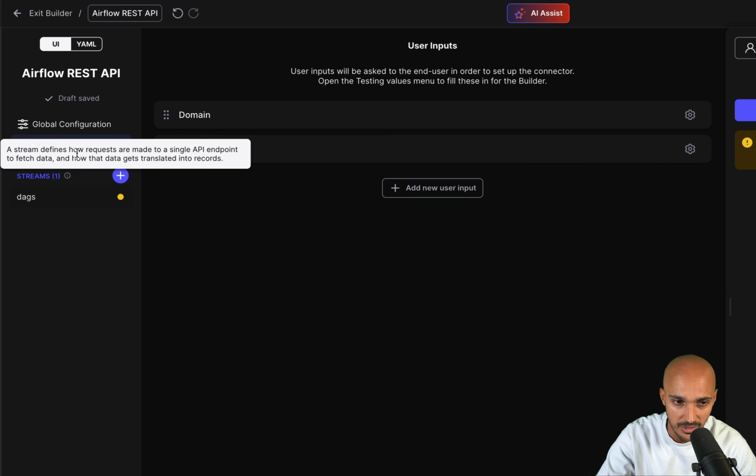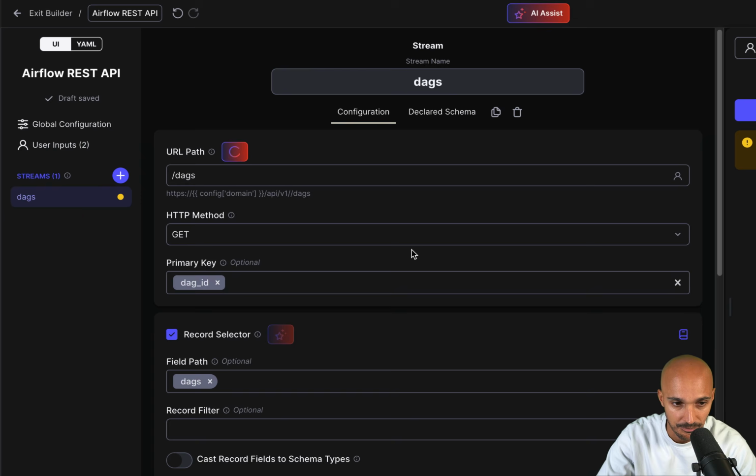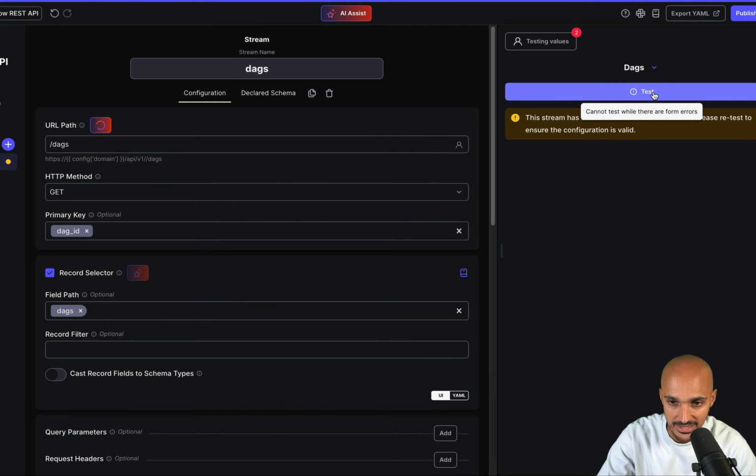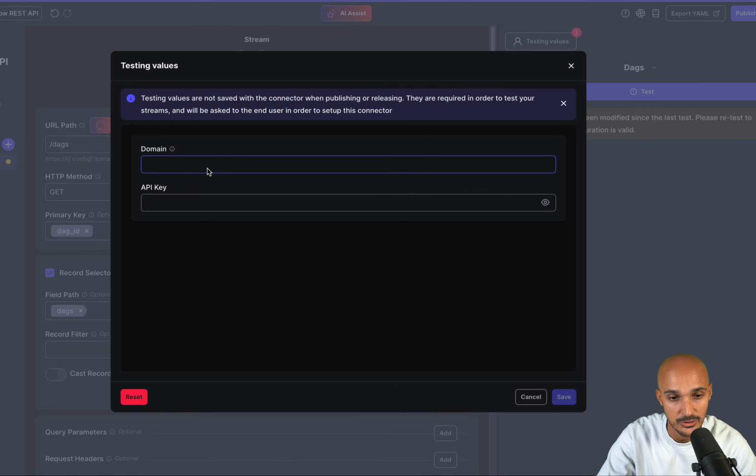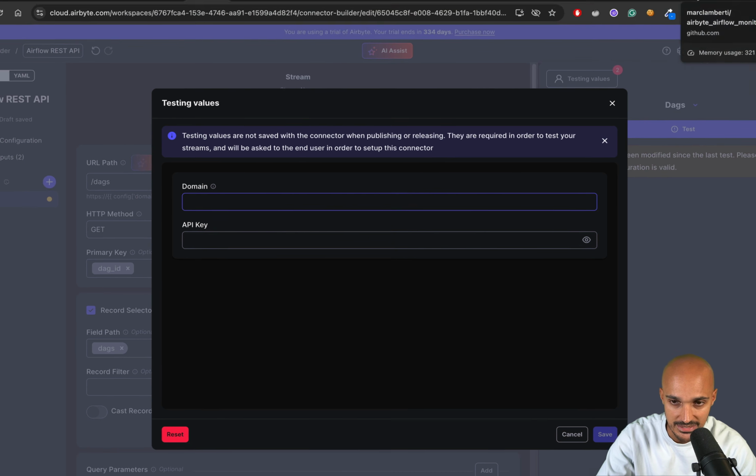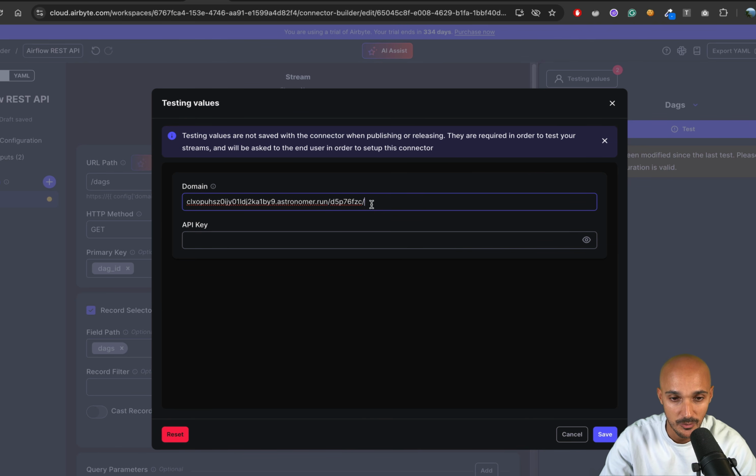But now we are ready to test the connector. So click on the stream DAGs and then test. And you can see that you have to pass some testing values. So the domain in my case is this link. Obviously, you have to put your domain, the URL to your Airflow instance. And for the API key, I do have one as I'm using Airflow on Astro. So now I can click on save